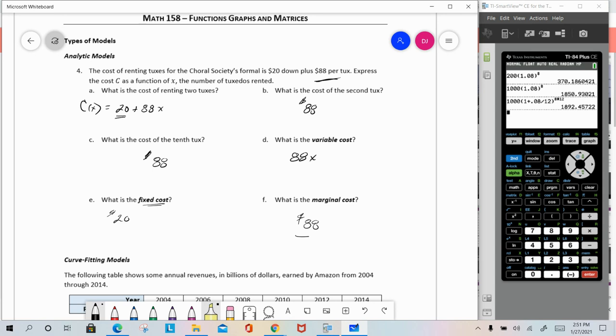Okay. If you're used to y equals mx plus b, or I've written this one y equals b plus mx, if you're used to the fact that m is the slope and slope is rate of change, that's the rate at which the cost of renting tuxes is changing. That's my marginal cost. The variable cost, notice, is that term with the 88x. Okay, the fixed cost is that b, that initial value. Okay, I hope I've said this enough, and we'll do some more of these as we go through the course. So